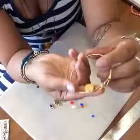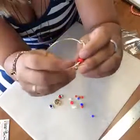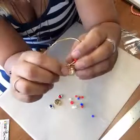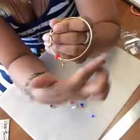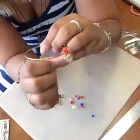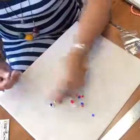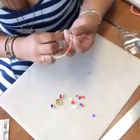So make sure when you're putting this on that you've got your charm hanging the right direction. You want to make sure that all your charms are hanging the right directions. So if you've got one that's hanging one way, you want to make sure they're all hanging the same direction. Okay. So I'm just going to grab some red, white, and blue little...